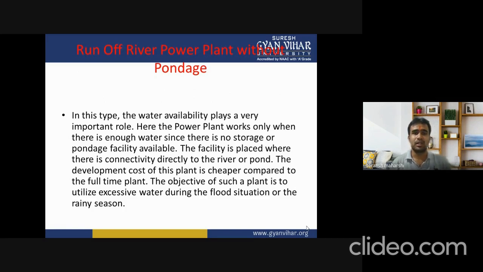जब हम बात करते हैं अपने फर्स्ट बेस के फर्स्ट पॉइंट के फर्स्ट सब टाइप के बारे में, जिसका नाम है रन ऑफ रिवर पावर प्लांट विदाउट पॉन्डेज, तो इसके अंदर हम किस चीज़ के बारे में बात करेंगे? सबसे पहले हमने बात की कि वाटर अवेलेबिलिटी एक बहुत इम्पोर्टेंट रोल प्ले करती है, जहाँ पर हमारा पावर प्लांट होगा, उसके अंदर पॉन्डेज फैसिलिटी अवेलेबल नहीं होगी।